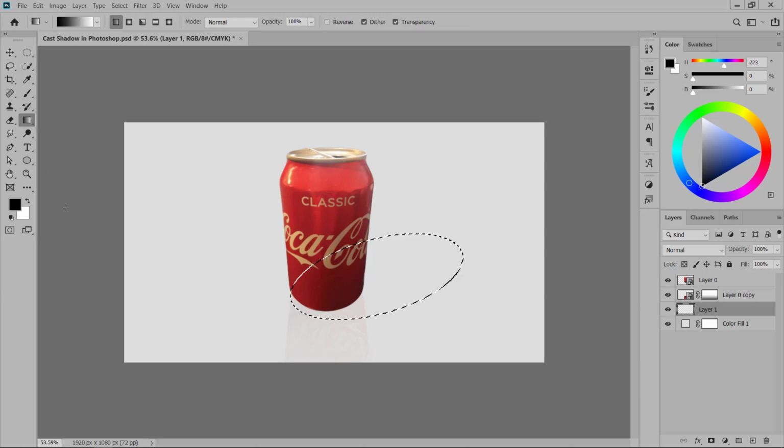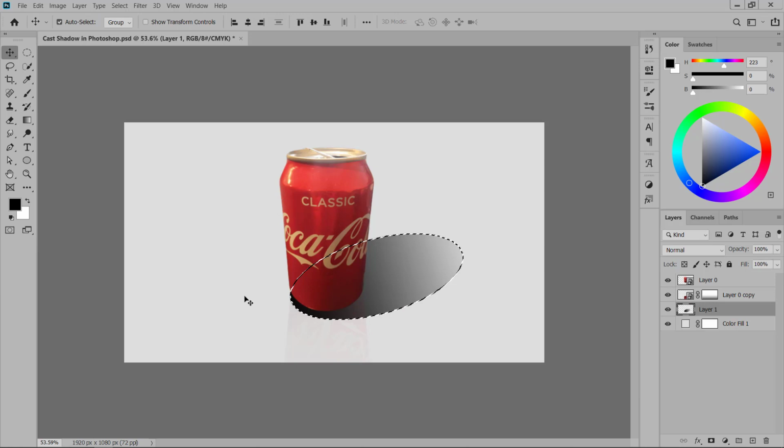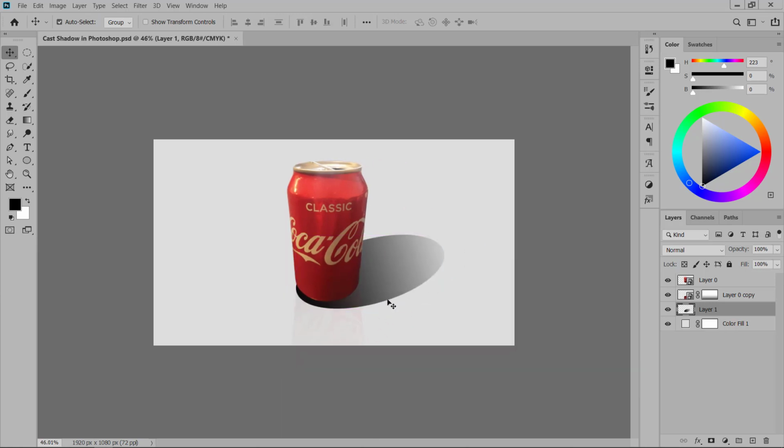Then I will go to the gradient tool again and just drag the gradient from left to right. Then I will press Ctrl plus D to deselect it. As you can see, now it is not feathered.